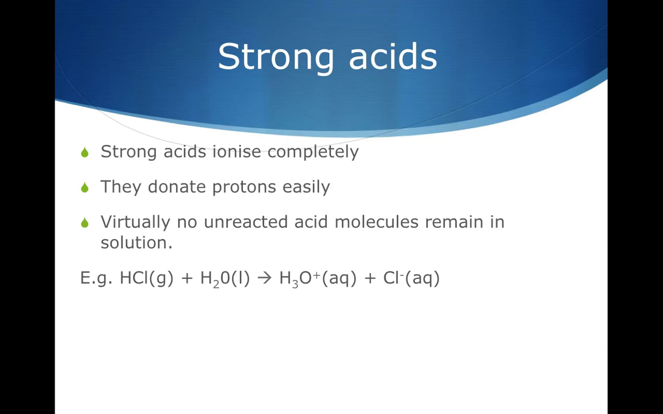Some of these are strong acids, some of these are weak. So this process of donating protons we can call ionizing. If they give them away really easily, so there's basically none of the unreacted acid molecules left, then it's a very strong acid. So hydrochloric acid is a good example of that. It takes all of its protons that are in the HCl, gives them to water,